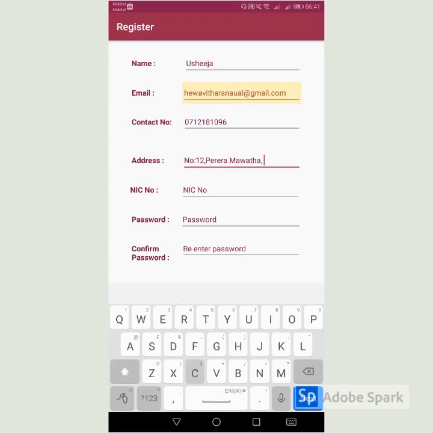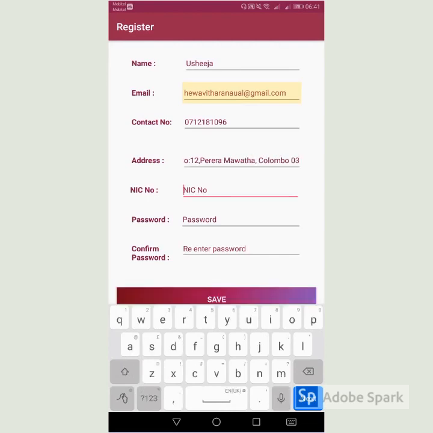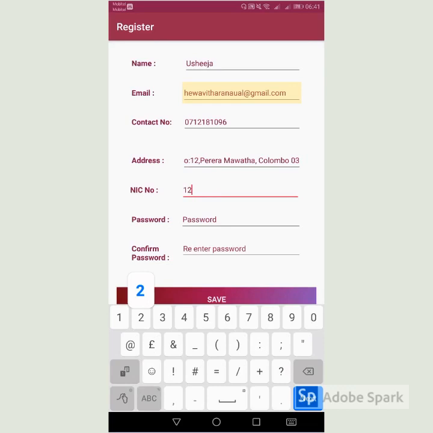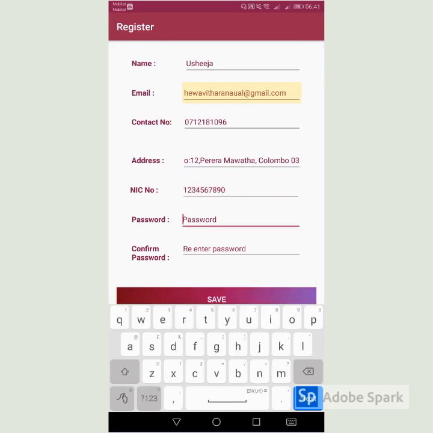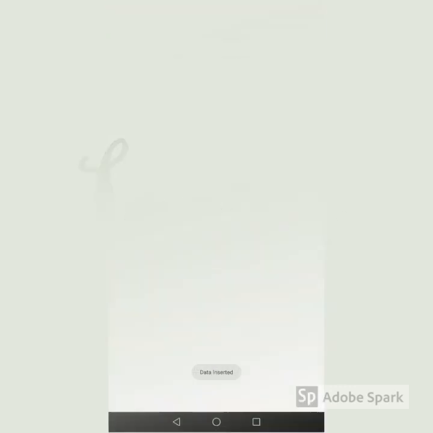Once the user downloads the application and opens it, the user will be navigated to the register screen where they could sign up to the system. In order to create a user profile, the user should enter all the required details, and most importantly, the contact number should be the number that they are receiving the transaction messages. Upon clicking the Save button, a user profile will be created and the user will be navigated to the overview page.